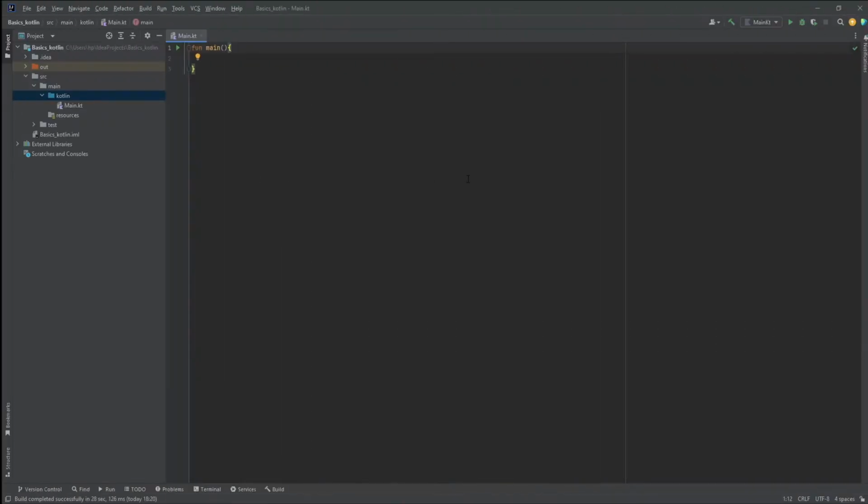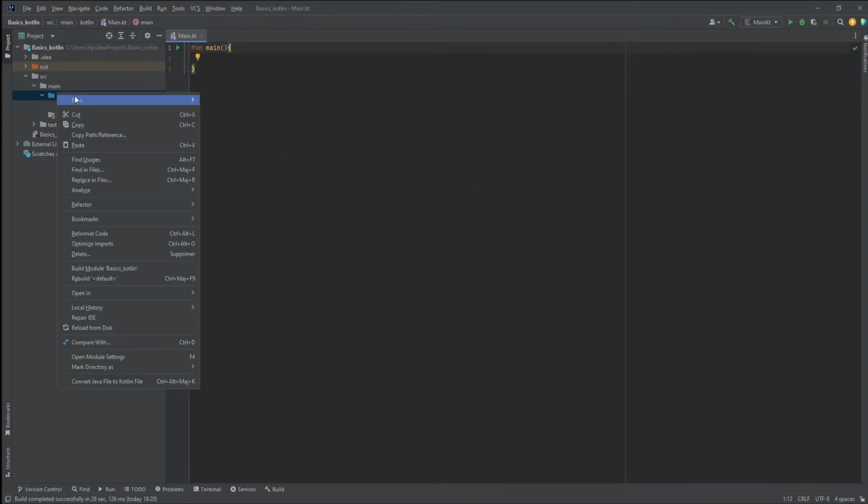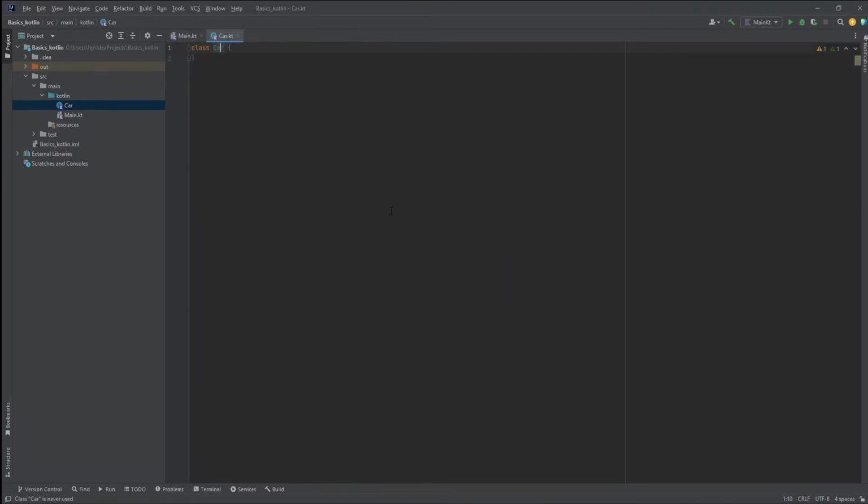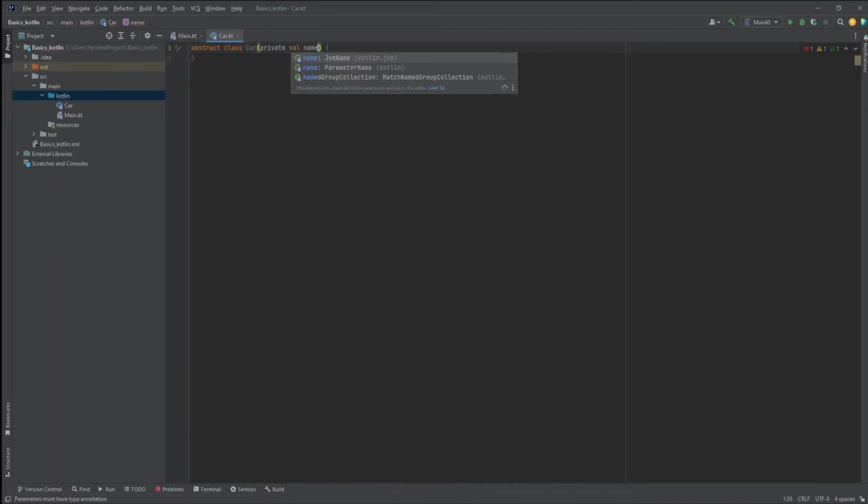An abstract class is a class that can't be instantiated, so we cannot create an object from this abstract class. Let's create an abstract class by right click. Let's choose Kotlin class, and here let's type the car class, for example. And in order to make this class abstract, simply add the abstract keyword followed by class and car. The car class will have a private property. Let's call it the name of the